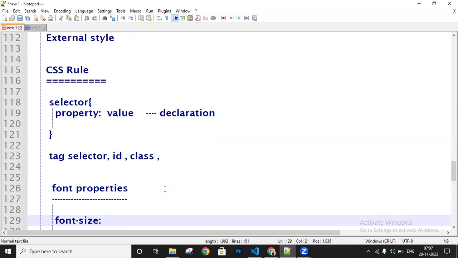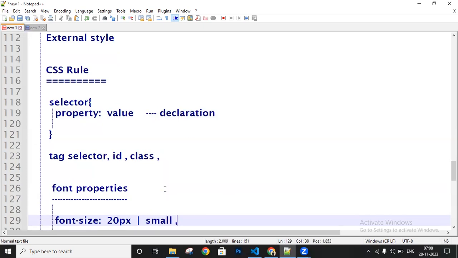In font size we can write numbers or numericals, text, and also percentages. We can write centimeters, millimeters, whatever you want. Let me explain some examples, like 20 pixels. This is a numerical,